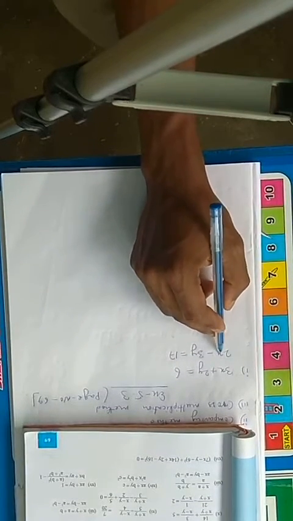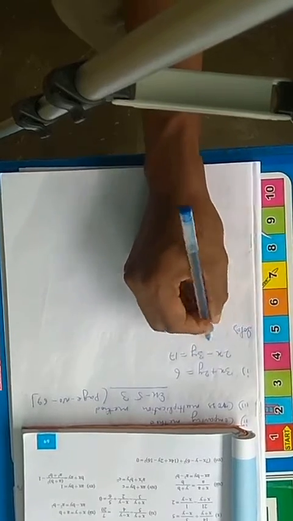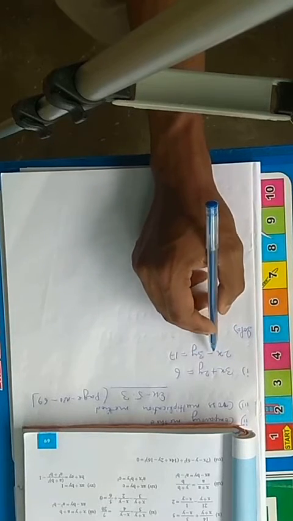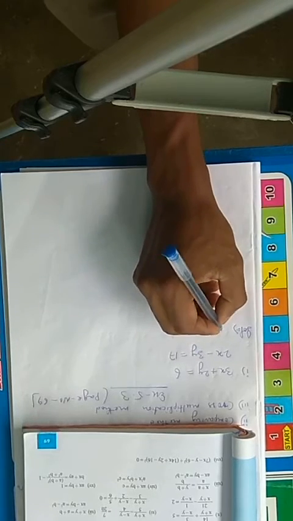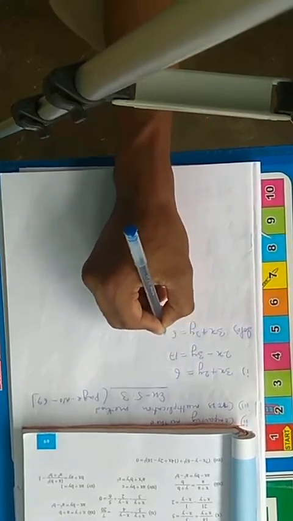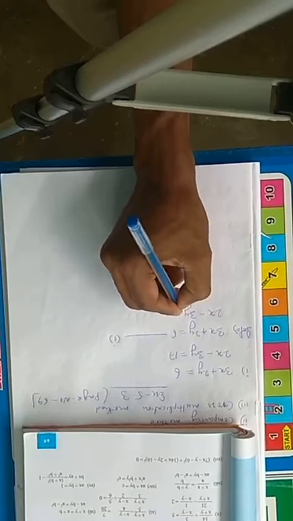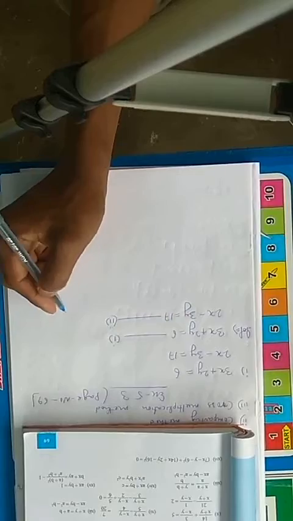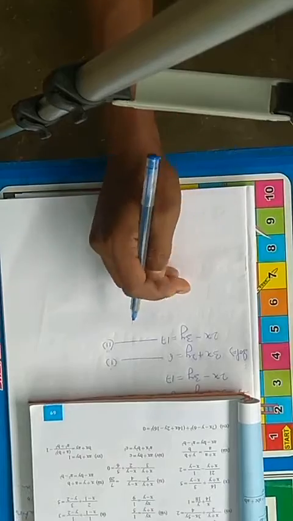Look at that, there are two variables also. Then we have to find the values of x and y by the method of elimination. So now solution: 3x plus 2y equals to 6, that is equation 1. Then 2x minus 3y equals to 17, that is equation number 2. So we have to solve the equations by the elimination method.